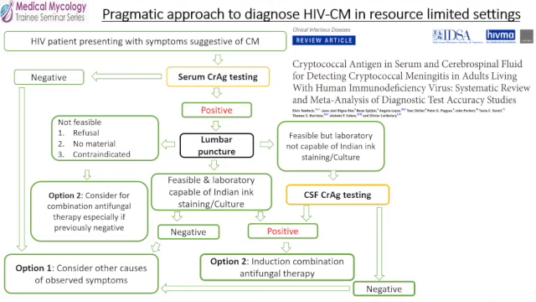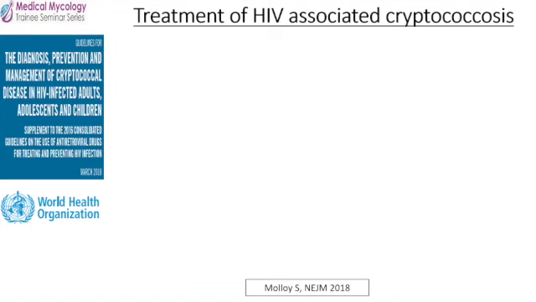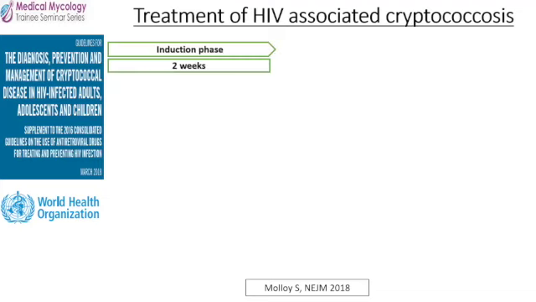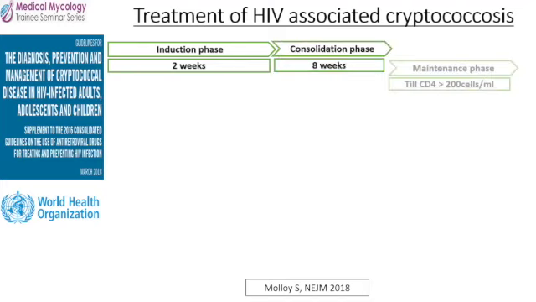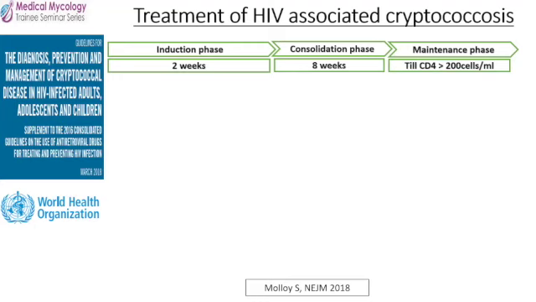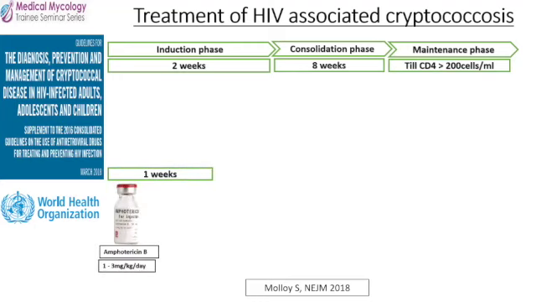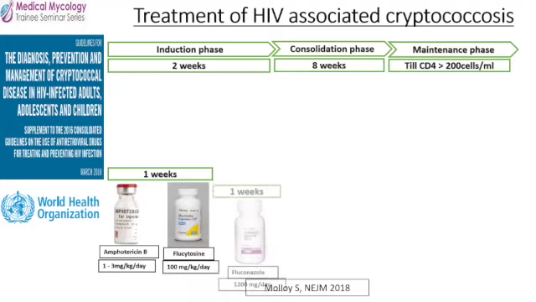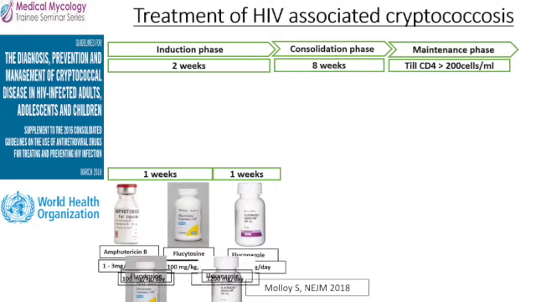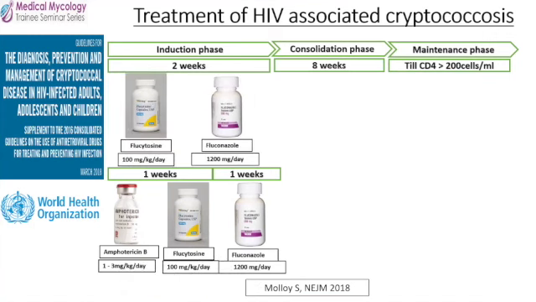So now that we've looked at how to diagnose the disease, how can we treat? In 2018, WHO updated the guidelines for the treatment of cryptococcal meningitis based on the results of the ACTA trial. As always known, the disease will be treated in 3 phases: the induction, the consolidation, and the maintenance phase. However, the particularity is that in the induction phase, instead of 2 weeks of amphotericin B, it's 1 week of amphotericin B plus flucytosine, followed by 1 week of high-dose fluconazole, or the option of using oral combination therapy, flucytosine and fluconazole,